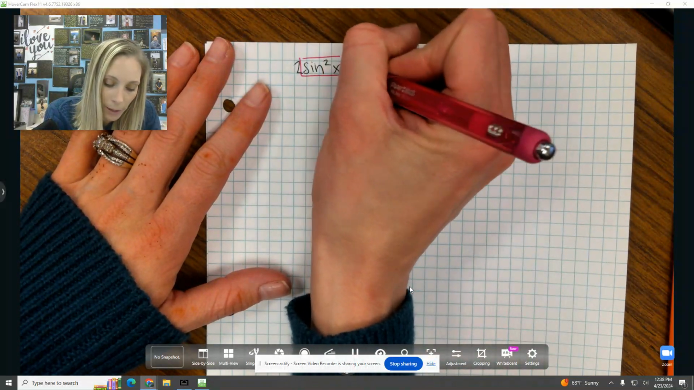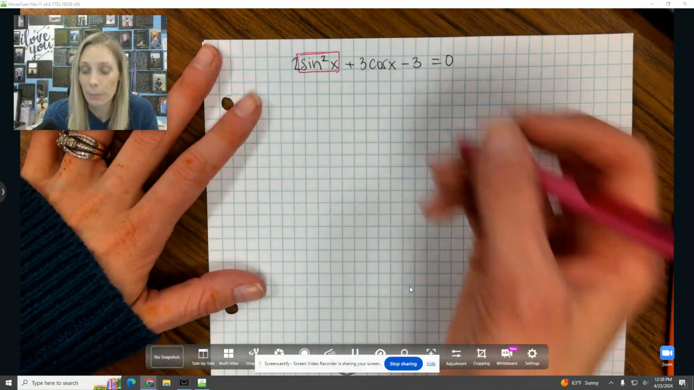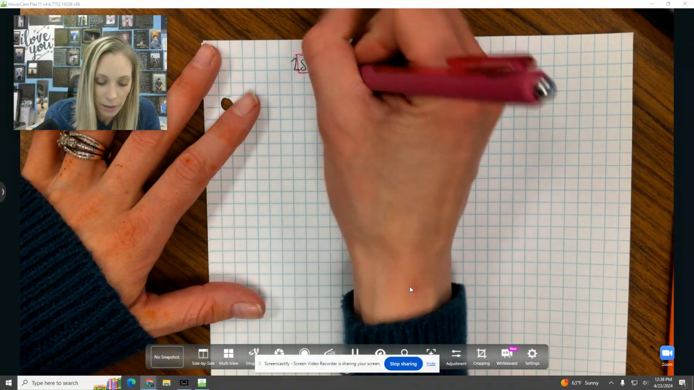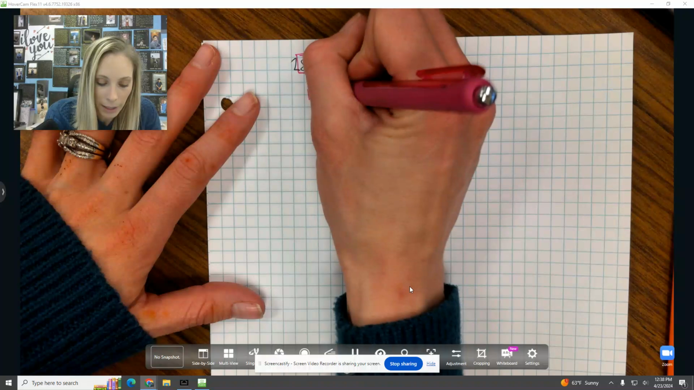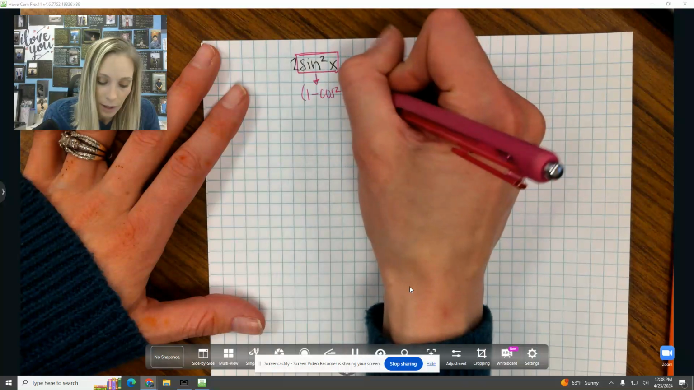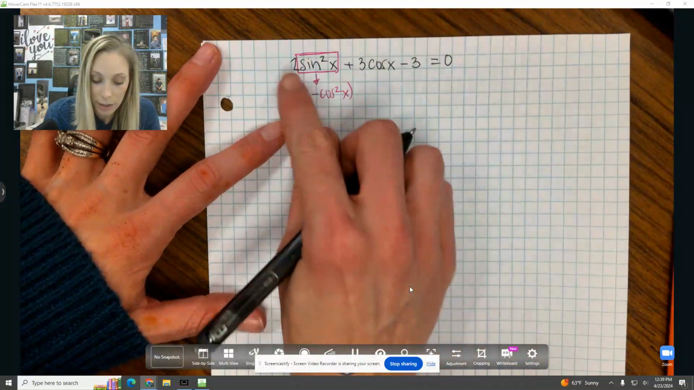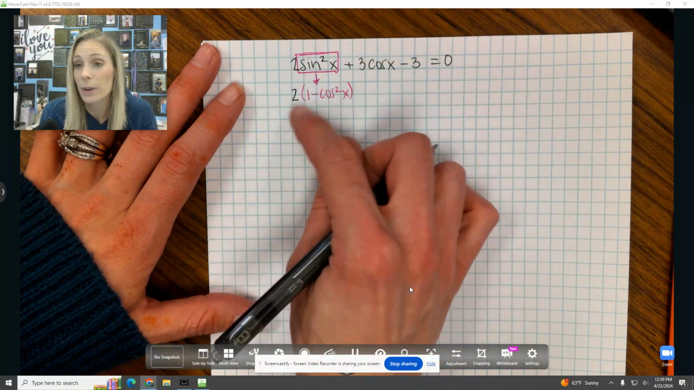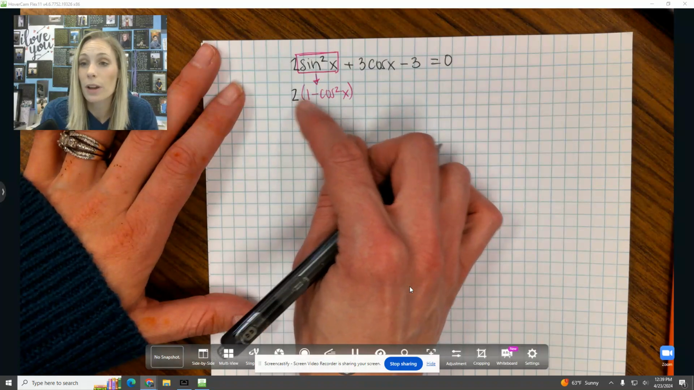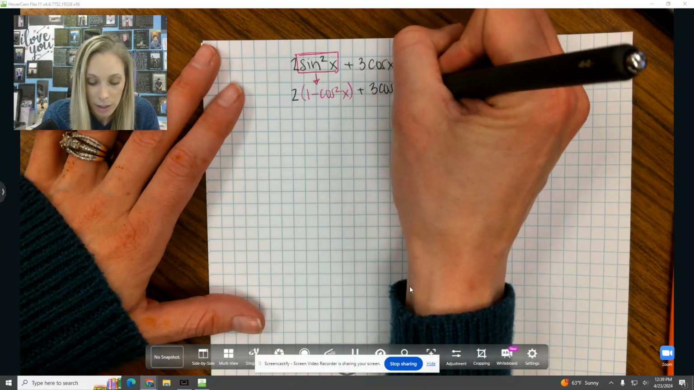What I notice right off the bat is I have this sine squared, and I have all of my trig identities memorized, so that sine squared is just jumping out at me. That sine squared can be rewritten as 1 minus cosine squared of theta using a Pythagorean identity. Everything else in the equation will stay the same. You're going to have a 2 out front, multiplied by all of sine squared, so 2 is going to be multiplied to the 1 and the negative cosine squared, plus 3 cosine of x